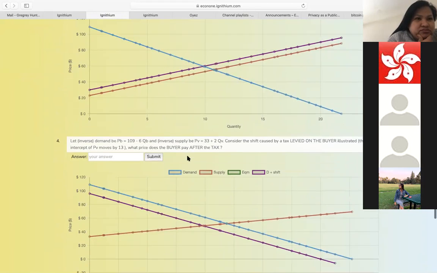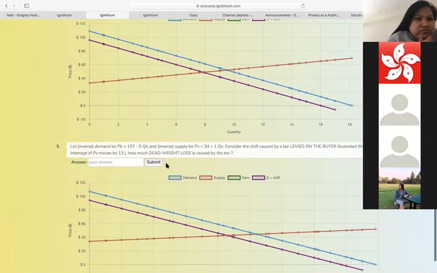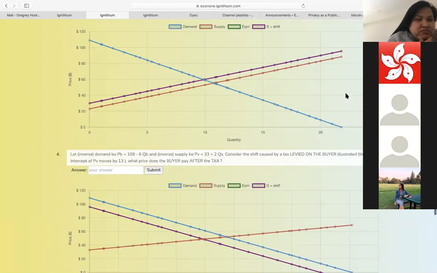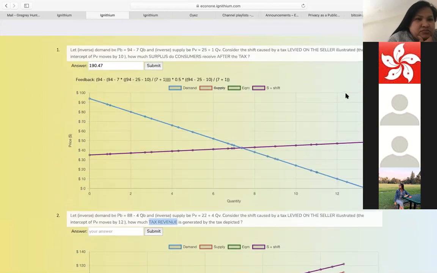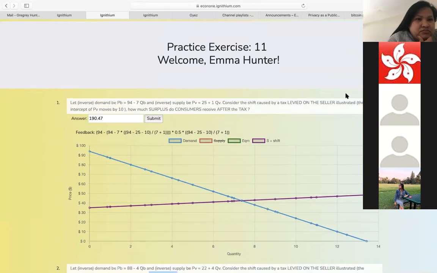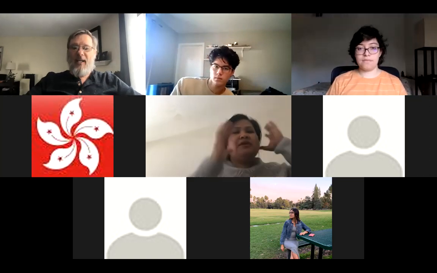Here's the buyer's after-tax price, and the deadweight loss. So those are different. If you can do all of those 5 on the practice, then you should have at that point been able to identify the areas so that your formulas are right, how I'm calculating the triangle area and the rectangle area. That's the way I try to choose practice problems, to give you a chance to do that. Okay, so I'm going to go ahead and